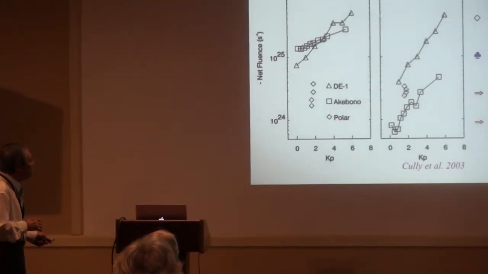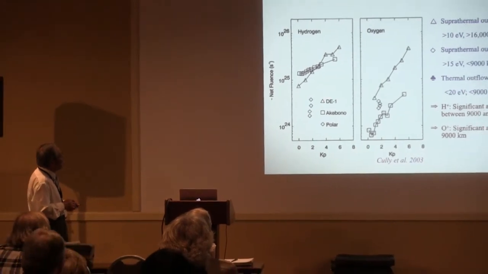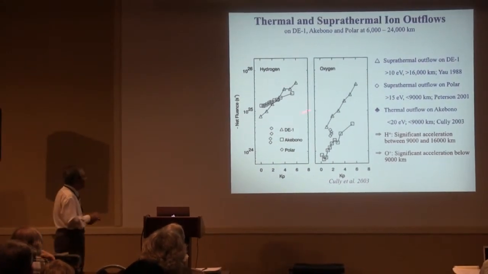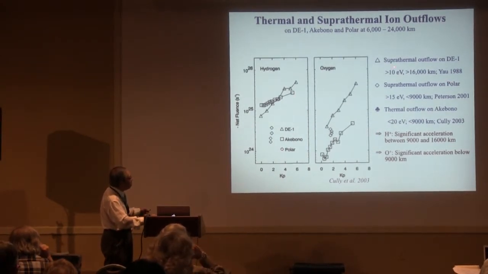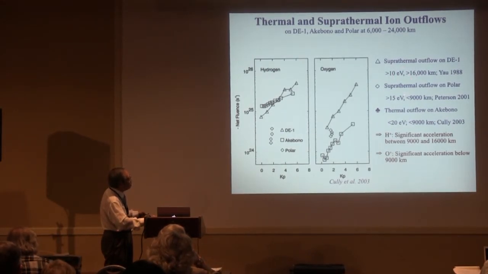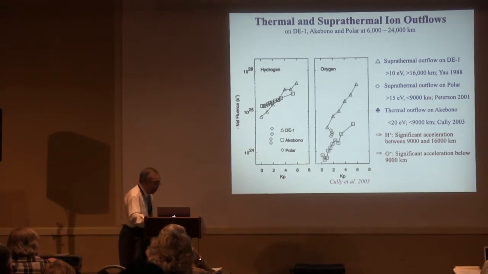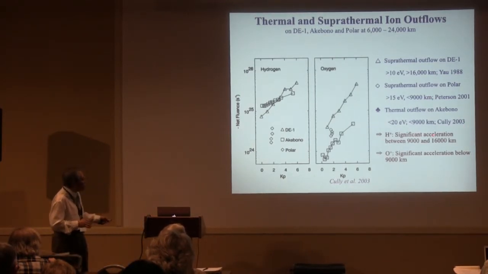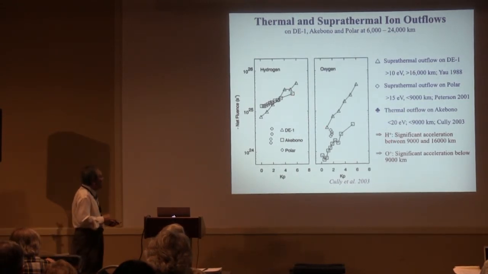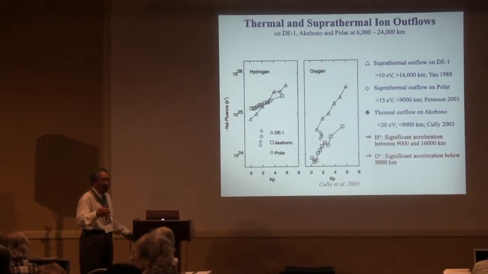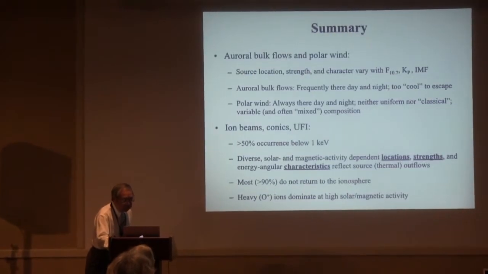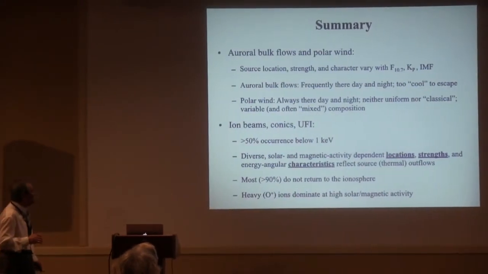This is a similar kind of result, comparing the thermal outflow component observed on Akebono with the superthermal components observed both on DE1 at high altitude and also on Polar at a lower altitude. The key point here is that there is significant acceleration of hydrogen between 9,000 and 16,000 kilometers, whereas in the case of oxygen, there is clearly significant acceleration even below 9,000 kilometer altitude. So just to quickly summarize then,